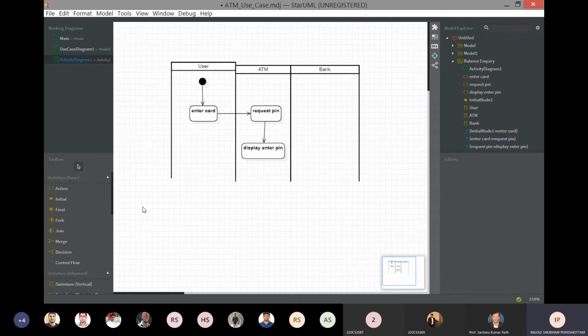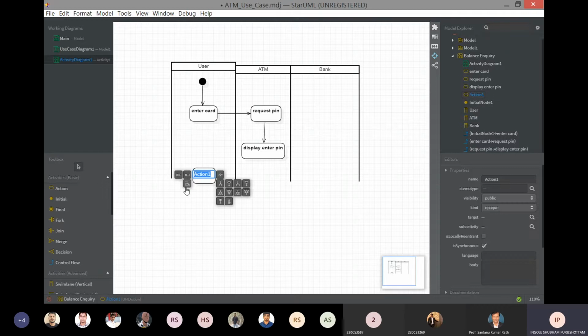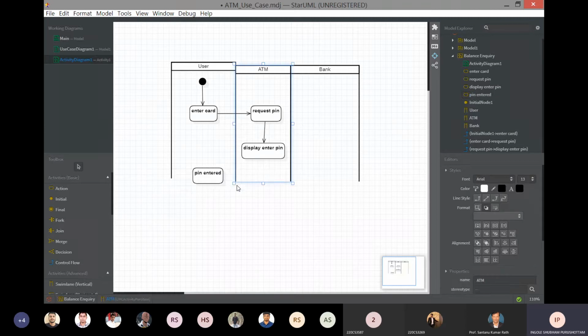From here the flow will go, the user will enter the pin. So we can show how the flow goes from one activity to another. It shows the flow of activities.